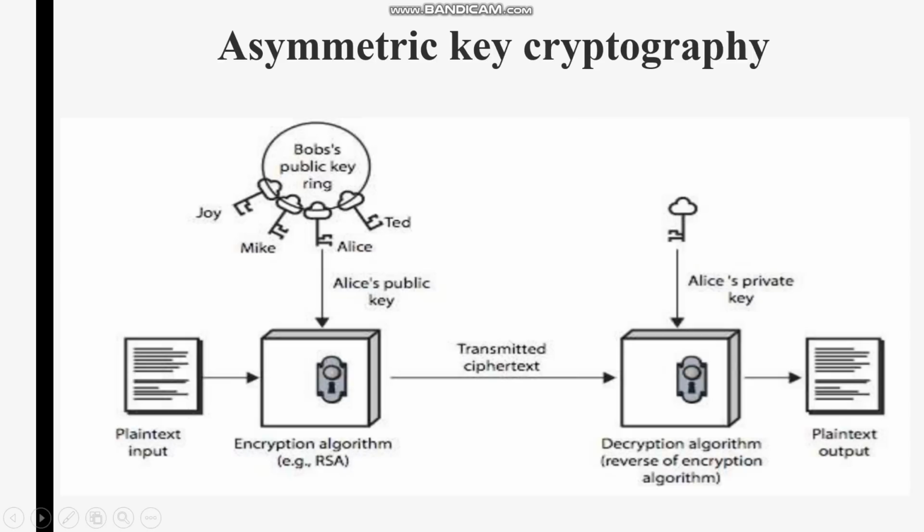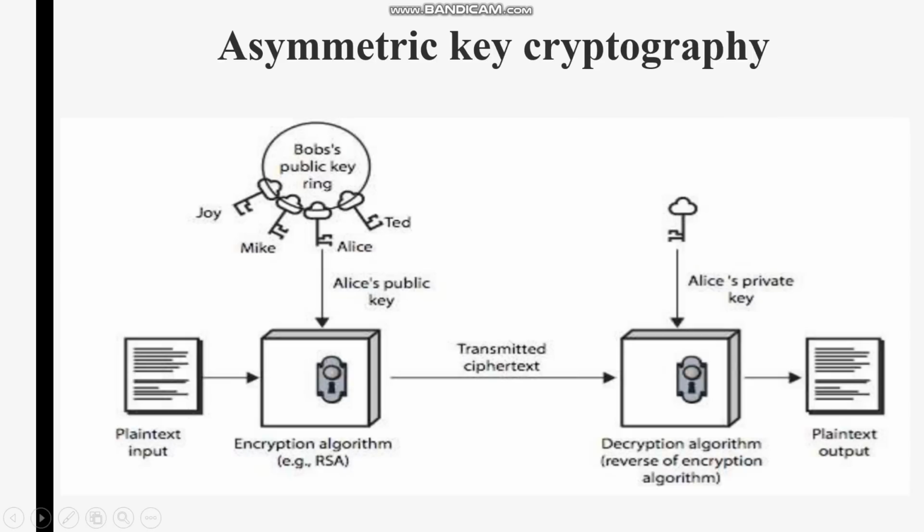Let us not bother about the encryption algorithm used by the sender and the receiver. Let's only focus on the public and the private key. Now Bob has a plain text. He performs encryption using Alice's public key to get the ciphertext. The ciphertext is transmitted to Alice. Now Alice, after receiving the ciphertext, performs decryption using her private key, which is known only to Alice.